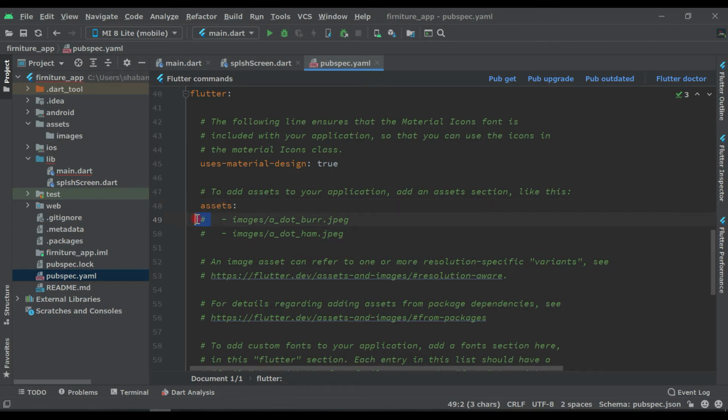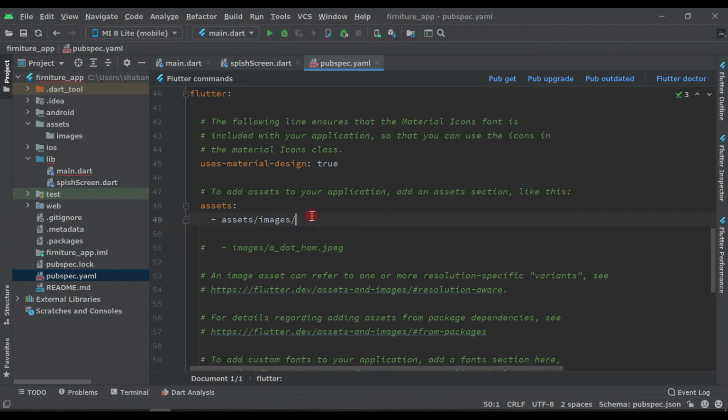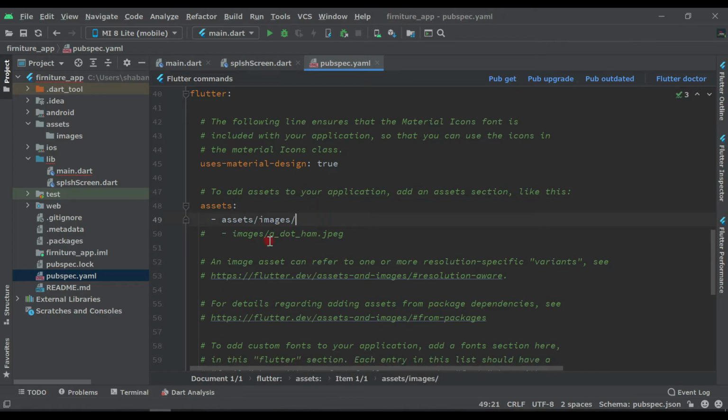Okay, and remove this also, and this slash should be exactly below this second s, like this. So I'm changing this here like this, assets slash images, these are our directories. Okay, and then click on pub get.